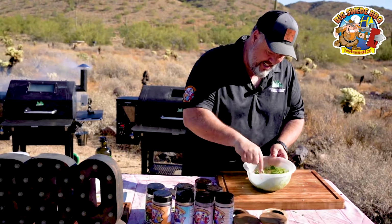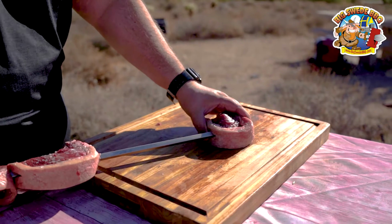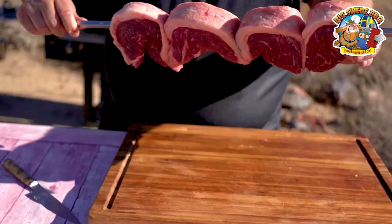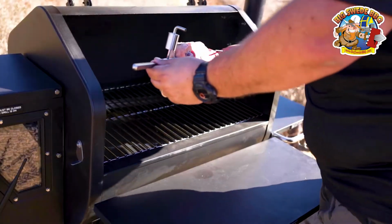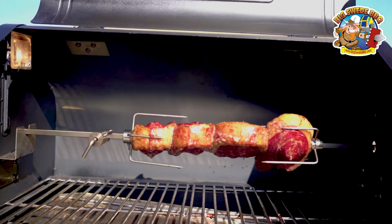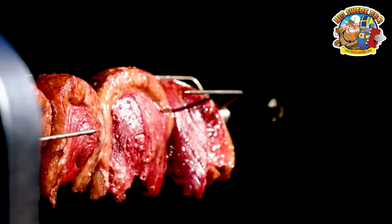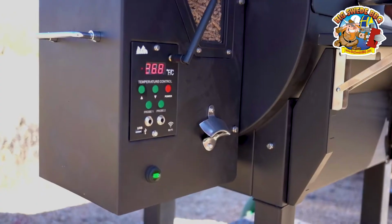You want to set the Green Mountain Grill to about 235 degrees, and then it's time to skewer the picanhas. The reason why we skewer the picanha on the rotisserie is because we want that fat to be self-basting throughout the cook. When the picanha reaches an inner temperature of 110 degrees, it's time to crank up the temperature